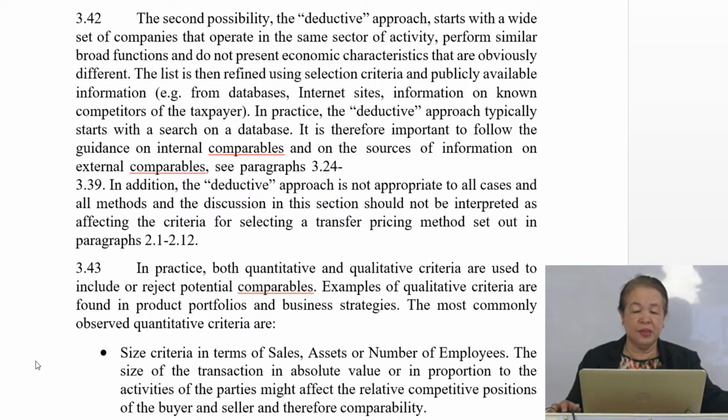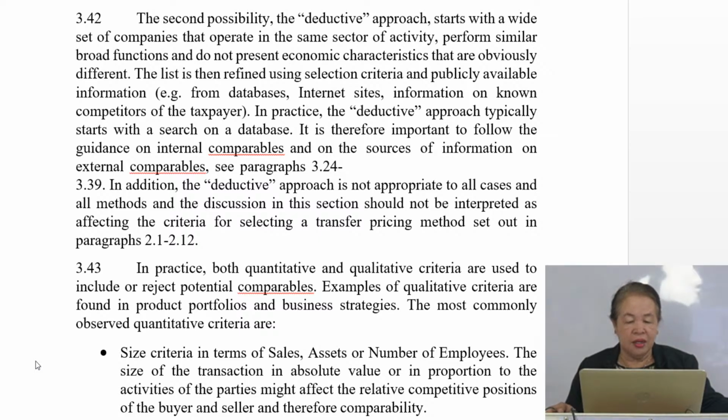The second possibility, the deductive approach starts with a wide set of companies that operate in the same sector of activity, no? Saan ko yan nakikita? Bumibili ako ng data on the industry players, no? So perform similar broad functions and do not present economic characteristics that are obviously different. The list is then refined using selection criteria and publicly available information from databases, internet sites, information on known competitors